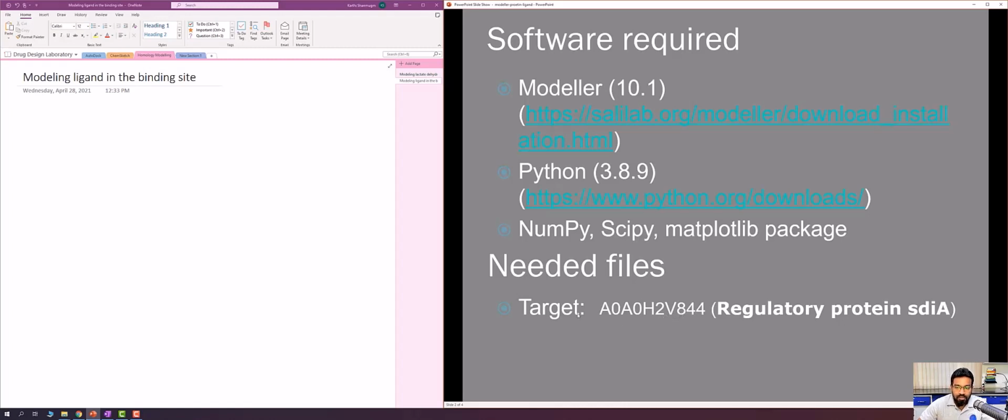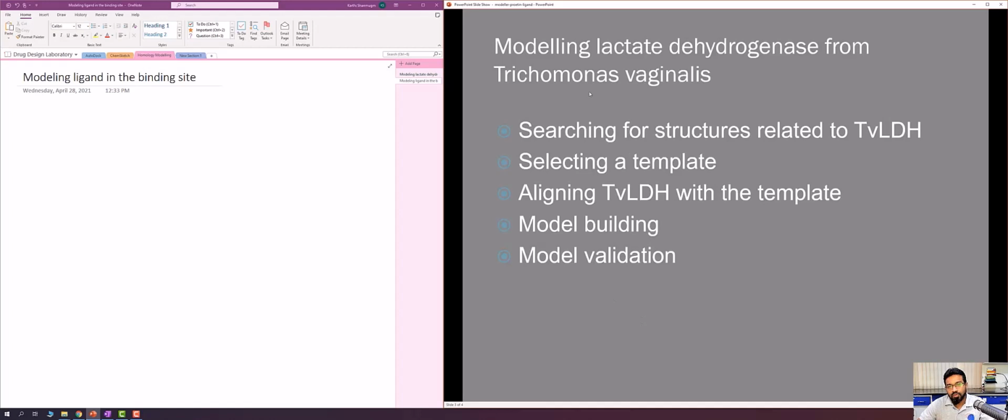Let me give the background. This is what we did in the previous session. To some extent, we learned how to use Modeler for basic modeling. We took TvLDH and modeled this protein molecule by choosing a suitable template, and we aligned the target and template. Then we generated the model. We did model evaluation using a Python script within Modeler. So we identified a certain region as having some